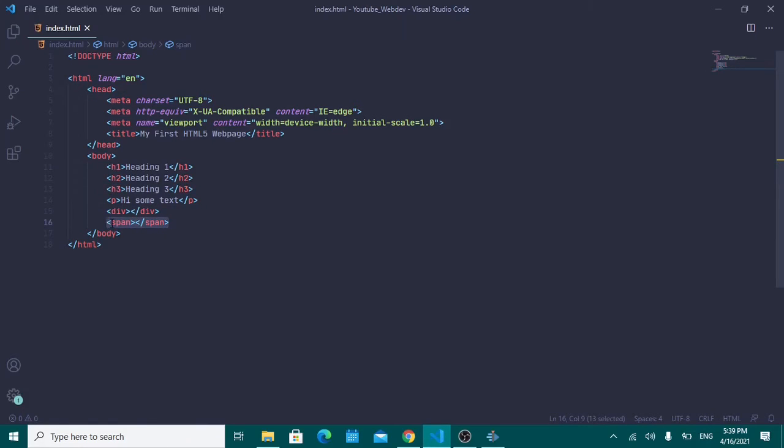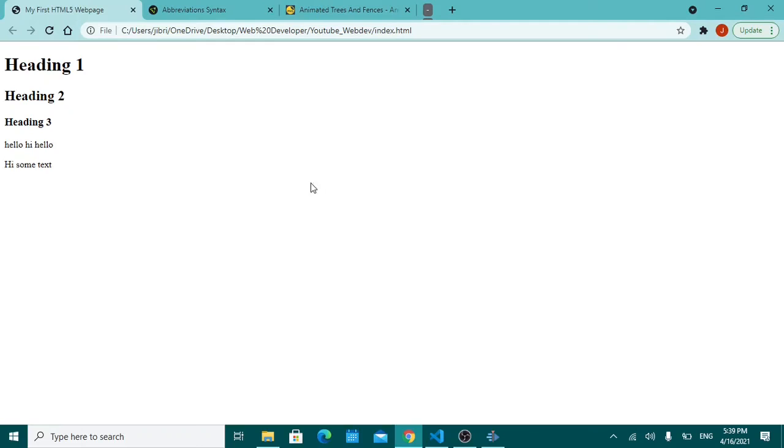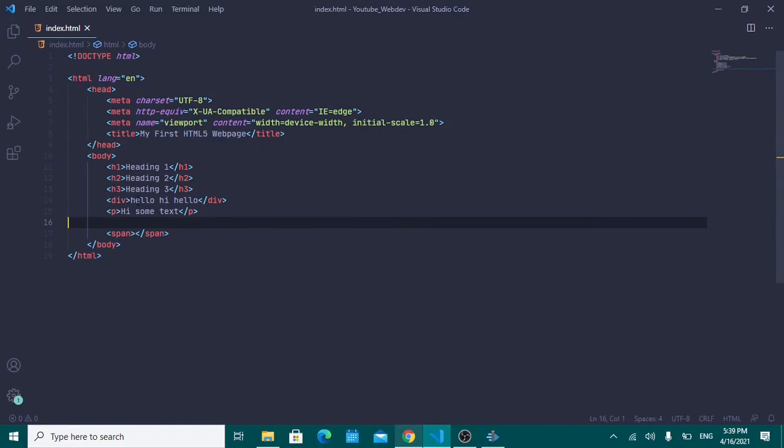So what spans are, they don't actually take up a whole new line. Divs do. So for example, if I have this some text here, hello, hi, hello, and then I have another paragraph, and then I put the paragraph underneath the div, we'll actually see it gets pushed down one bit. But if I hadn't used the div, then what would have happened is,